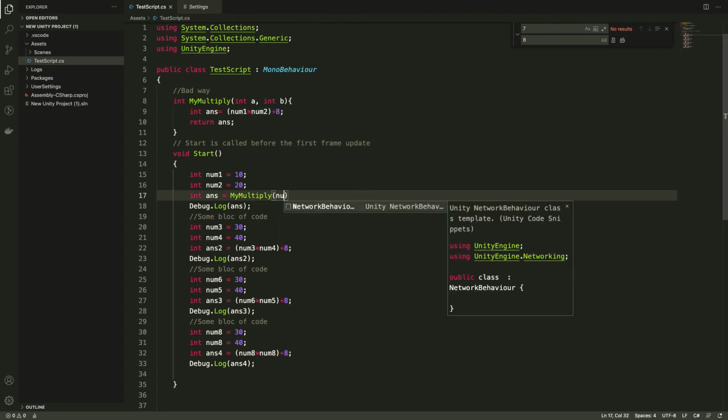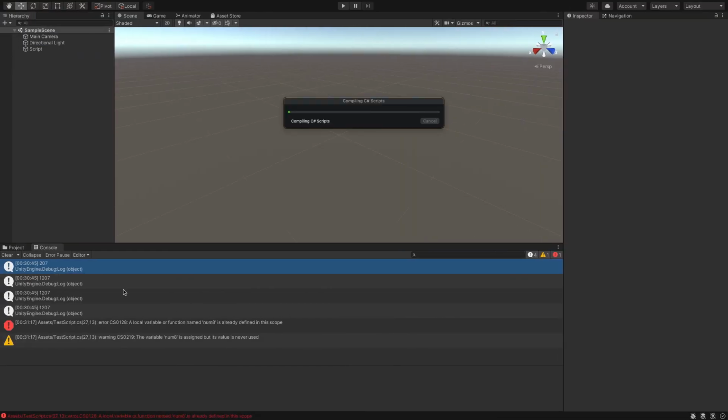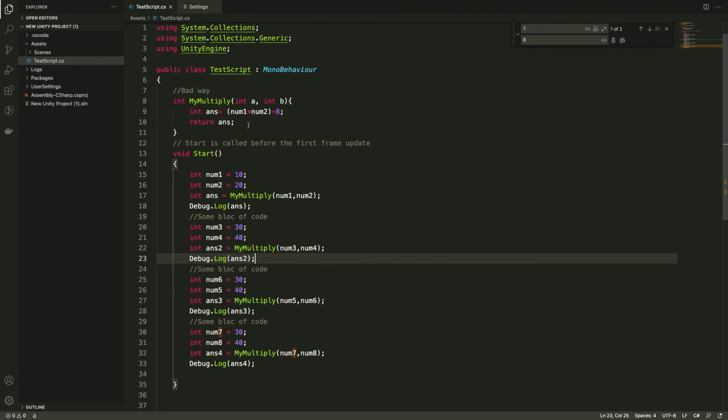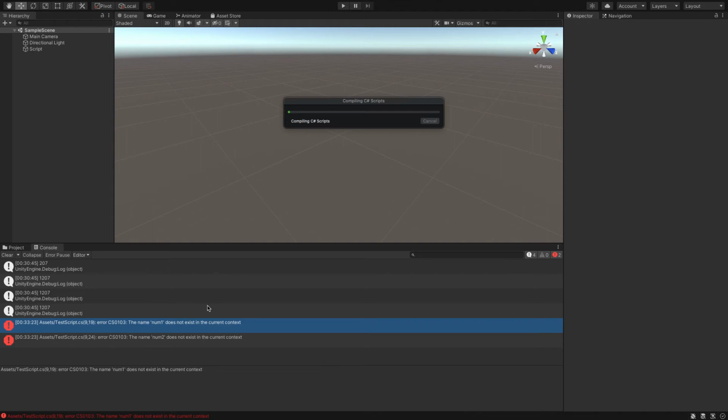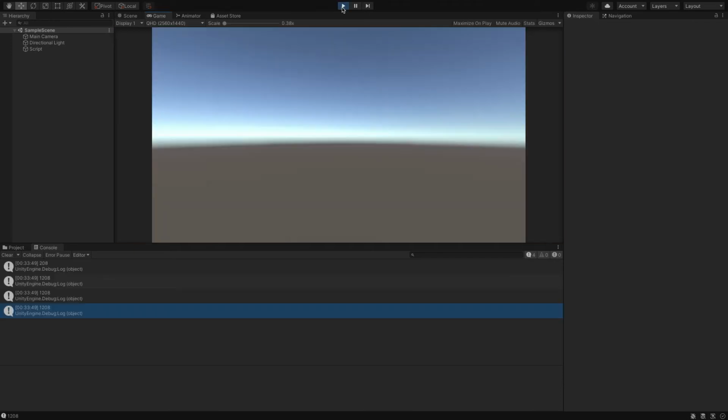Now we can refactor our code and replace the calculation with the myMultiply function we just created everywhere. Now it's clear and we understand that the answer 1, 2, 3, 4 are using the same formula to calculate the result. Now let's try running it. Oops, looks like I refactored the wrong variables. Let me fix it. Okay, so as I'm accepting a and b variables, I should use them. Let's rename that quickly. So yeah, it works correctly and we get the same results as last time.